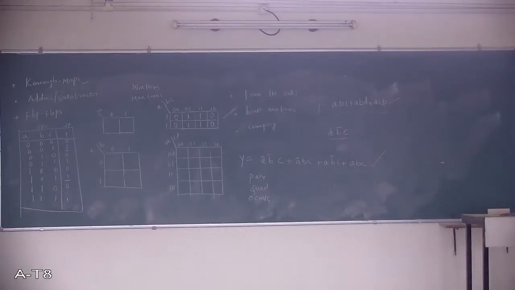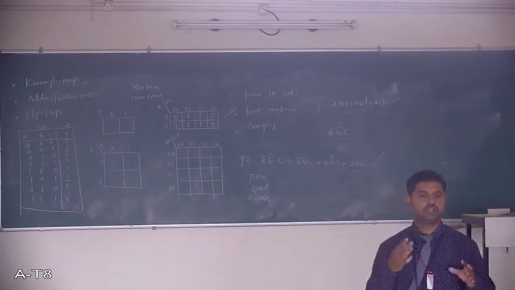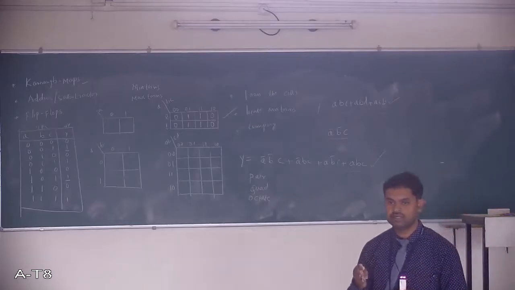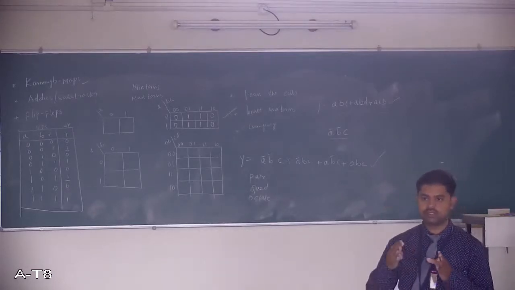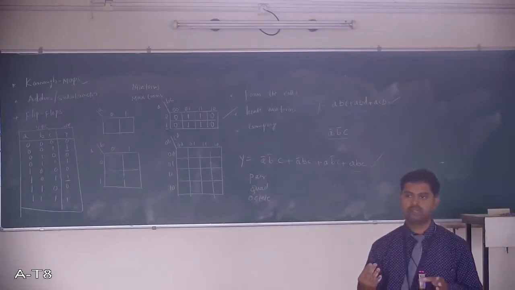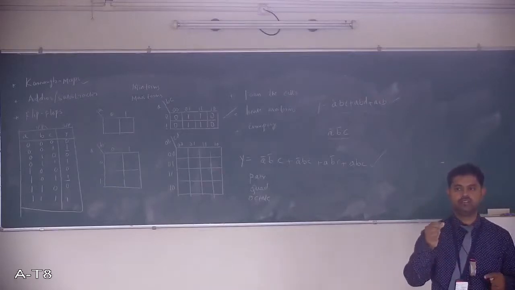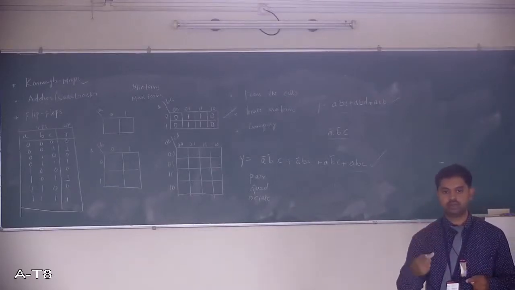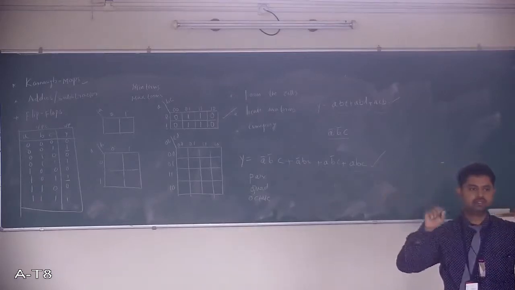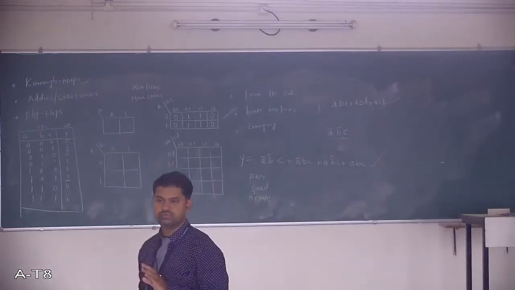Once you locate ones and zeros, you should check and analyze. Are the cells side by side? Does the value remain the same, I mean 1, 1 everywhere? If that is the case, you can go for grouping. And you should always look for a higher order grouping. If you have 8 cells, all 8 cells have value 1, 1, 1, 1, 1.